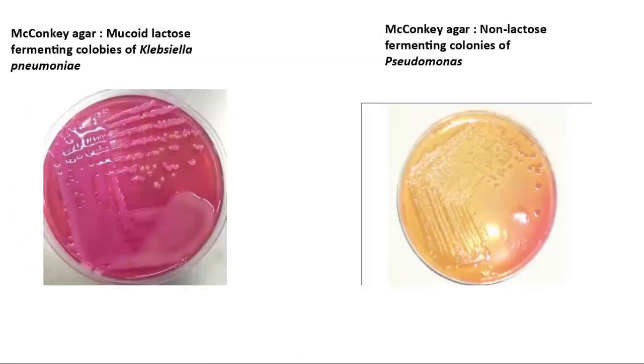Okay. Then we perform another culture technique, and this is on the MacConkey agar. So this MacConkey agar is the differential media as well as the selective media. It is selective because it allows the growth of the gram-negative bacteria and doesn't allow the growth of the gram-positive bacteria. So if they are streptococci, they cannot grow on the MacConkey agar. But Haemophilus influenzae, Klebsiella pneumoniae, Pseudomonas, and some members of the Enterobacter family can grow on the MacConkey agar.